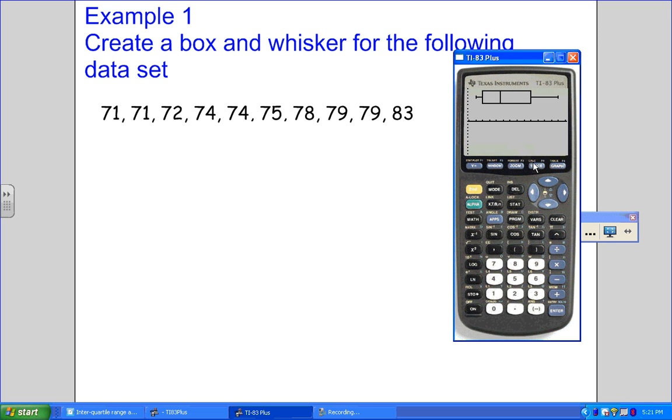Press trace to get the 5 statistical summaries. So there's our median, 74.5. And then you can move left or right with the cursor to get the other statistical summaries. So first quartile 72, the minimum is 71, median is 74.5, third quartile 79, and our maximum is 83. Those are the numbers we had from earlier. So this is a nice way to get your box and whisker plot by using the